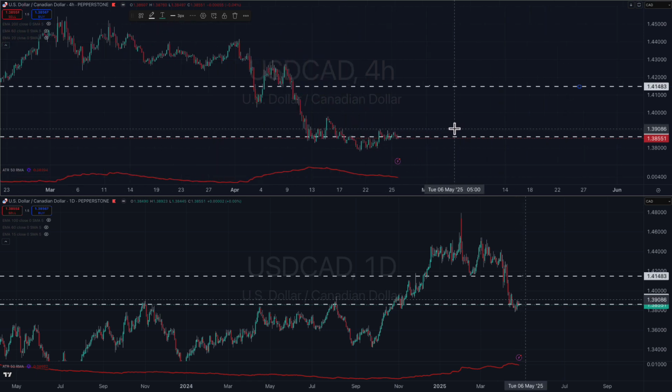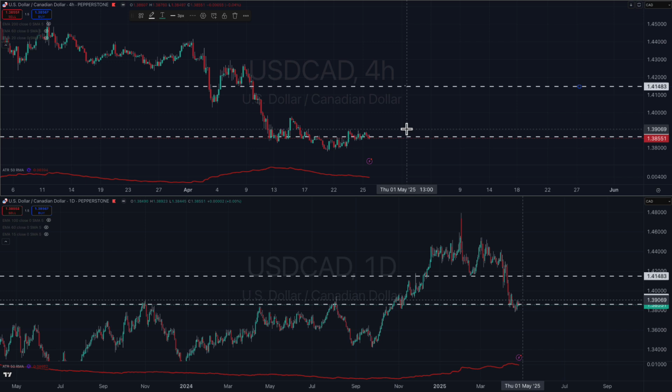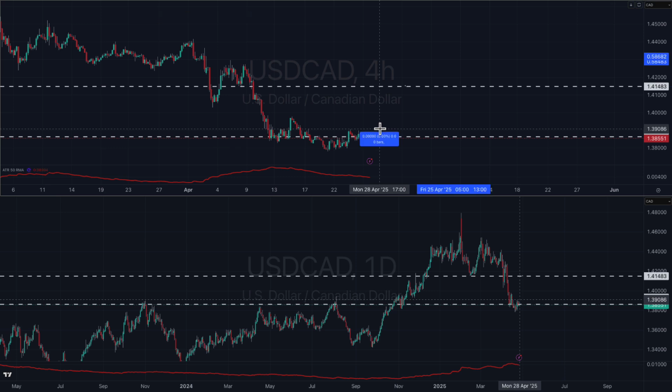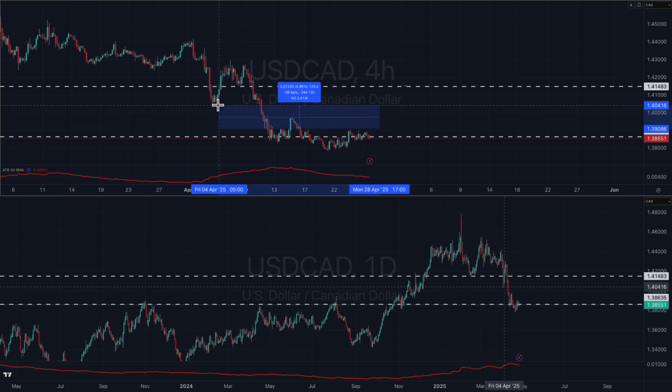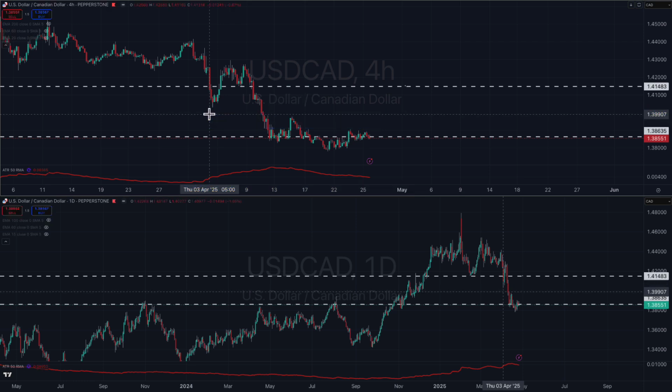So once we get a close above this candle over here, which is at 1.3910 or in and around there, we can then look to get in on a trade. I would still use a 2 ATR on the 4-hour chart, which gives you about an 80 pip stop loss and an 80 pip target, which if we measure, we want to make sure that, let's say from here we get in, we can get out before we get to that resistance area. And as you can see, there's a lot of room there. We get out of that even before we get to the interim level of support, previous support, which could become resistance. So there's plenty of room for us to take profits on our trade,